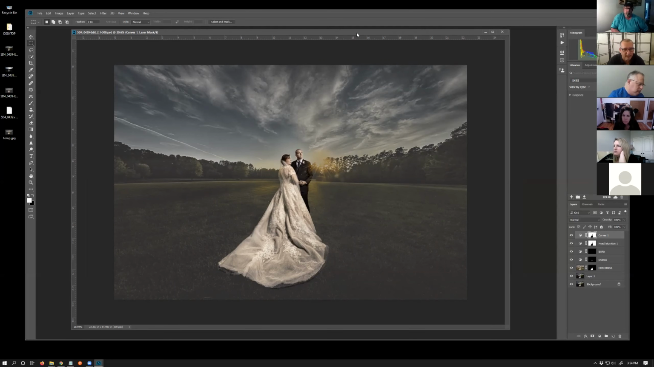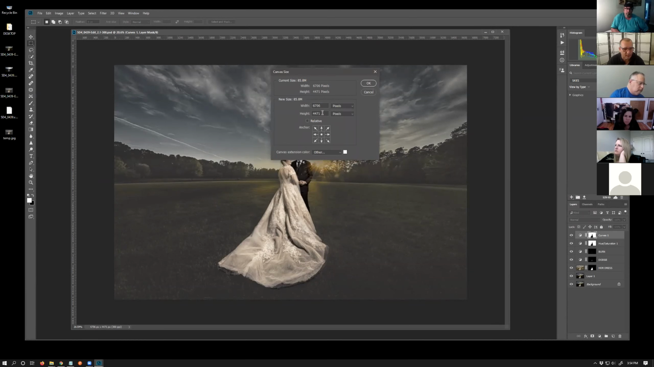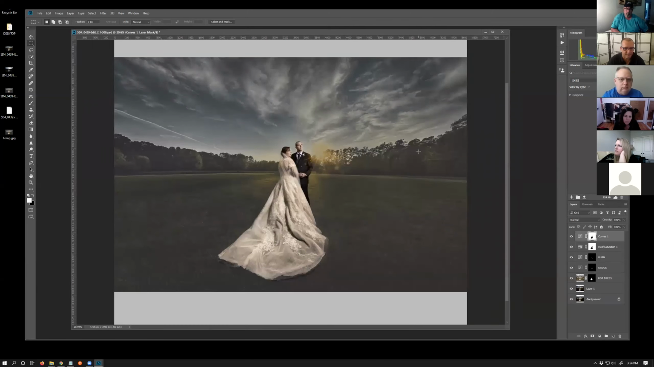If I right click on the, let me go back to pixels here. So I'm going back to my measurement in pixels. If I right click on this tab on the bar here and go to Canvas Size, now I can increase the size of the canvas. Let's say I'm going to put something on the bottom. I can go from 4471 to 7000. And look, if I do this and click OK, look what happens, right? It adds